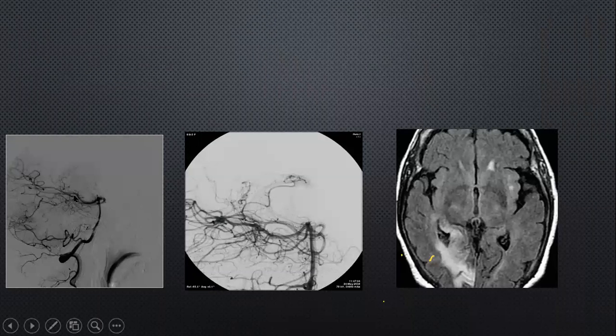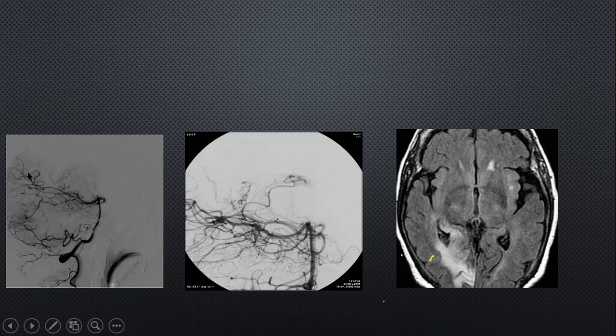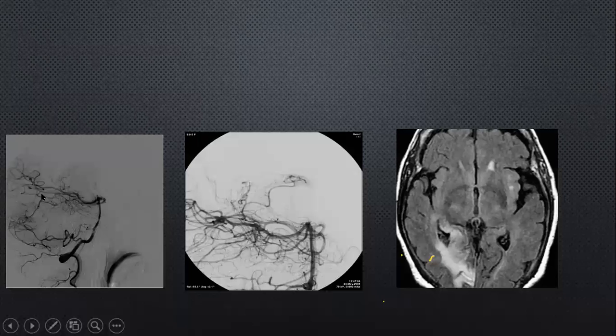And this is what it looks like on a normal angiogram. This is a lateral view of the vertebral artery. You've got the PICA here. This is the occipital bone. Anterior is here, and you can see how the posterior cerebral artery then swings around. This is going to be the P1 segment. This is going to be the P2 segment, and then the P3 segment, where it's then dividing at this level into the calcarine and the parieto-occipital branches.